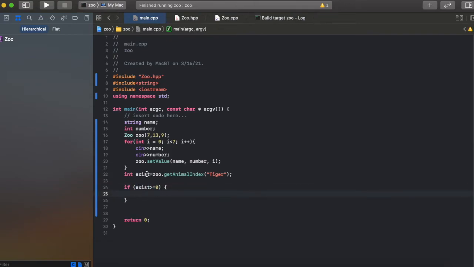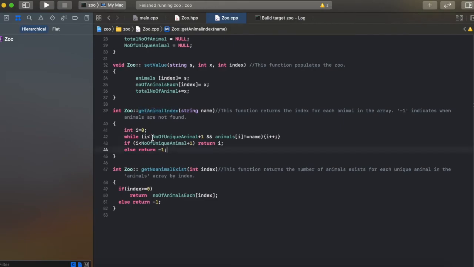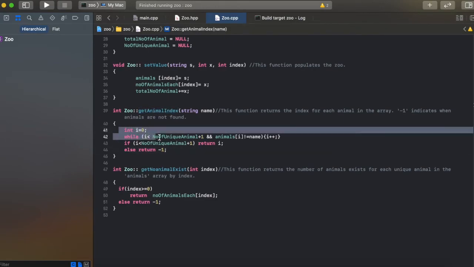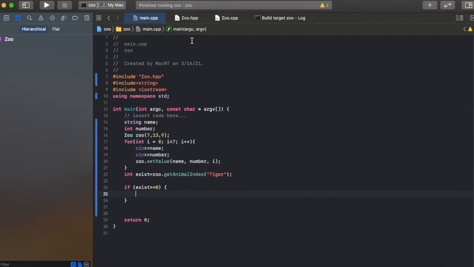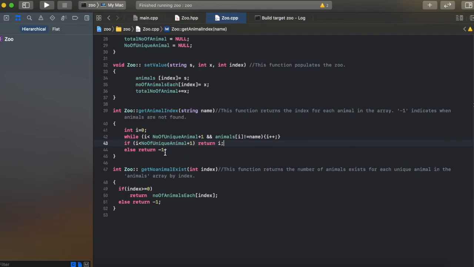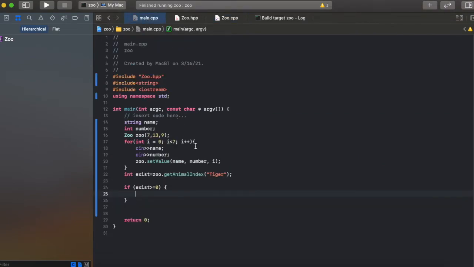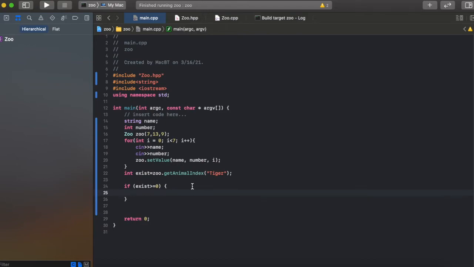If that number is greater than or equal to 0, that means, if I go to this function, here you can see if it is found, then it will return the i, and otherwise it will return -1. So if the value is greater than or equal to 0, that means it has not returned -1, it has given the index, which means the animal exists. Otherwise it will return -1, meaning the animal does not exist here. So if exist is greater than or equal to 0, then let me